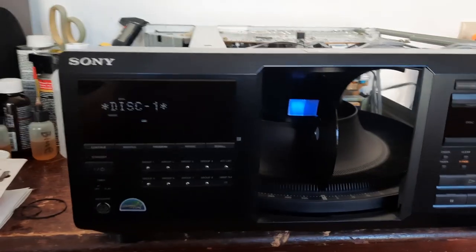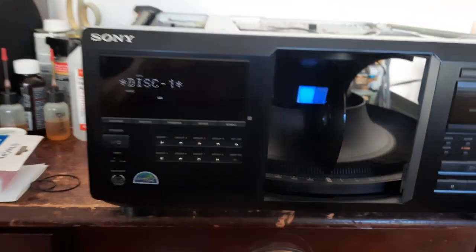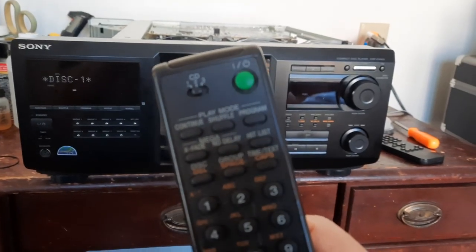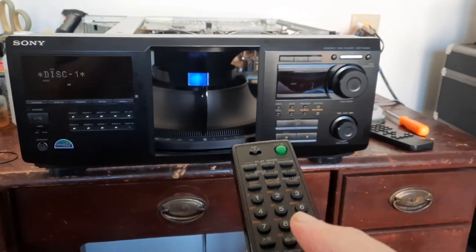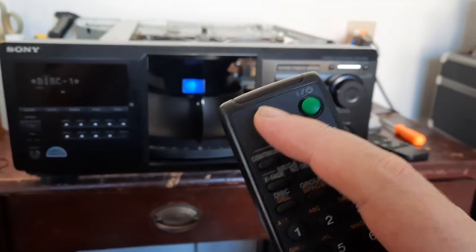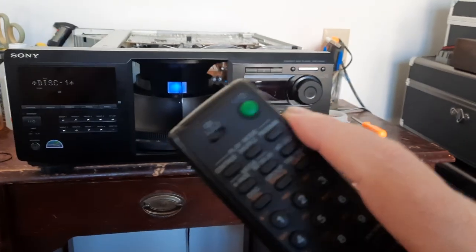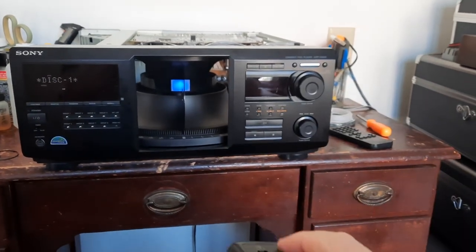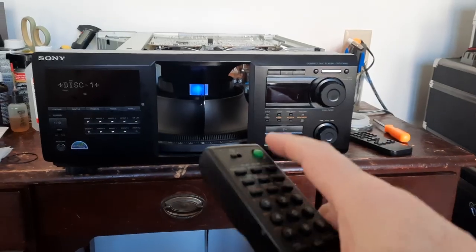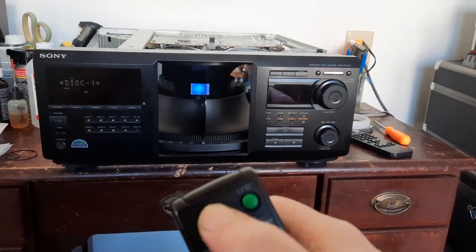Okay, now that has been selected, which means this being on number 2 will work just fine. If I would switch this to number 1 and press the power button, nothing should happen. Okay, see? Nothing's happening. But if I flick it over to the number 2,